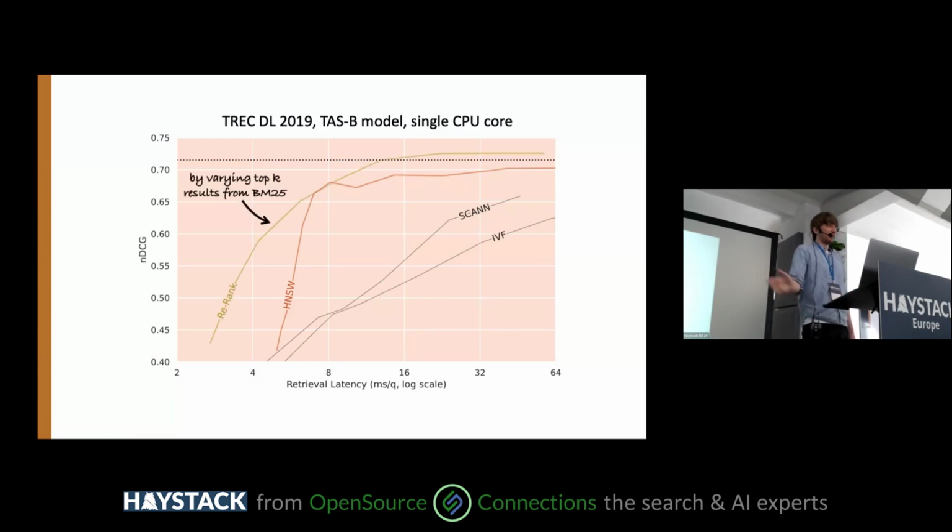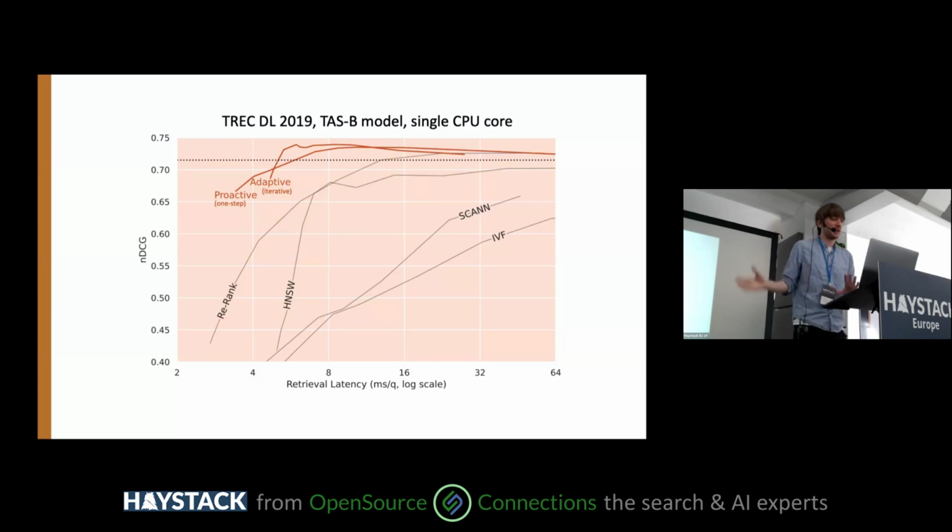Now, if we just re-rank, so in our first talk today, we heard about this re-ranking approach where you can take BM25 and just re-rank using our vectors instead. That actually eclipses HNSW in most of these settings just by choosing a different number of search results to re-rank. So re-ranking itself is already really strong. And then if we do this adaptive approach, where we're looking at the neighbors, prioritizing the neighbors and seeding the search of our graph using the neighbors instead, that does even better. And it turns out that it can do even better than an exhaustive search, right? Even better than scoring everything. We're finding more of the best results for our queries.